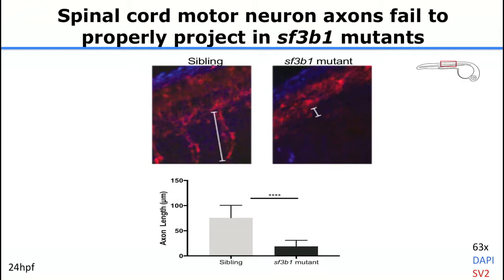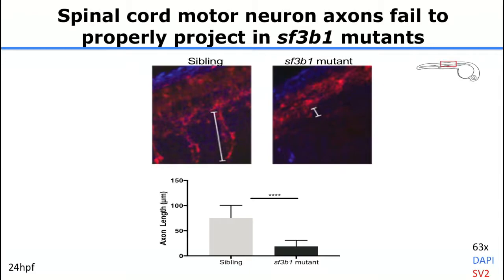So what you're looking at here is a confocal image of a zebrafish spinal cord. This is marking that SV2 marker. This is the body of the motor neuron, and this is the axon that's starting to sprout out. And this is all done when the fish is about 1 day old. So what my student did was to measure the axon length across the trunk part of the spinal cord